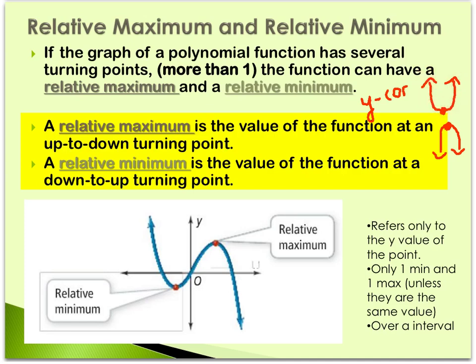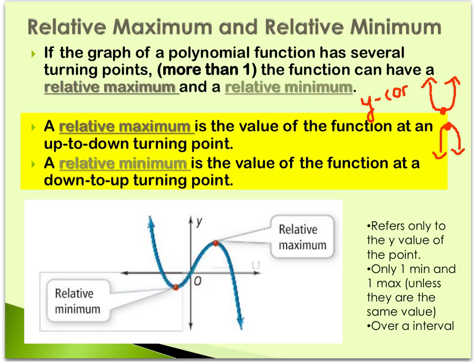With the parabolas, we only have one turning point. That's why we only have one max or one min. But when we have multiple turning points, we now get what is called a relative maximum or a relative minimum. So these relative max and mins are going to be our maximum and minimums on the smaller neighborhood of values